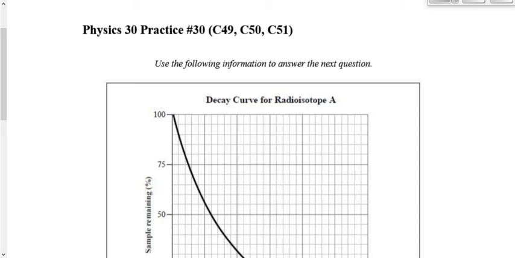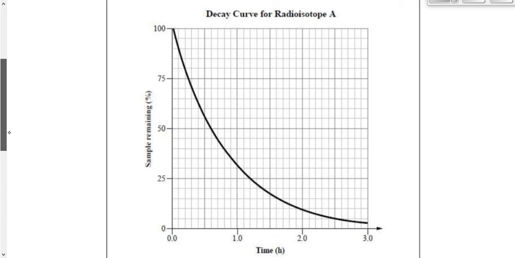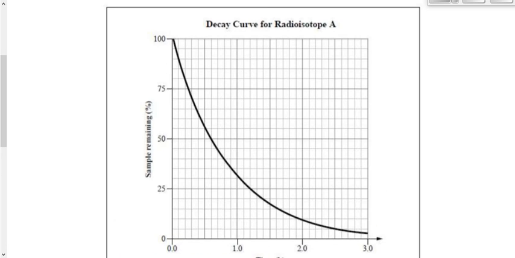Questions on practice question set number 30, which of course is on concepts 49, 50, and 51, which was half-life, fission, fusion, I believe. And I believe this was on Rutherford. If I remember, though, there is a concept 52 on there, a Bohr model of the atom question on there as well, I believe. So let's take a look at question number one, which is numeric response number one,